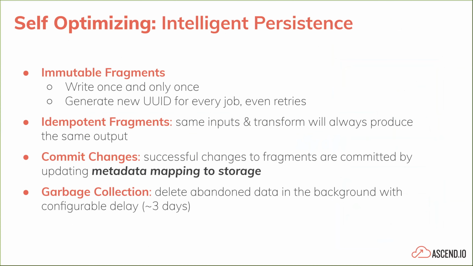And another example of this is being able to use intelligent persistence in order to figure out what data already exists and figure out what actually can be reused or what needs to be created and where. And so in this, there's 4 constraints really that if you can play by, then you can leverage a lot more out of your storage layer. And so these 4 constraints are: fragments need to be immutable. So only write to them and do not update them, and so generate them as completely separate artifacts or fragments.